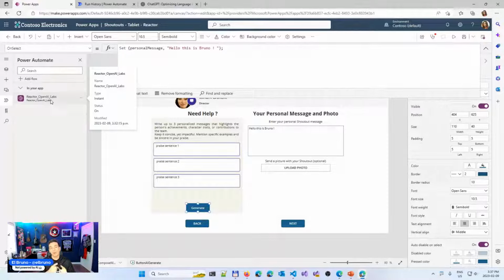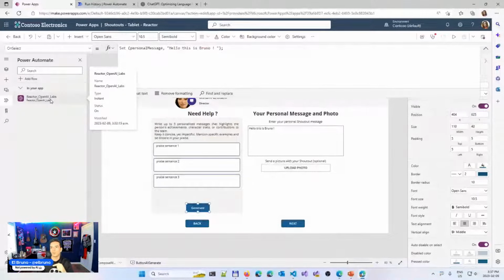If you want to have one flow per application and isolate this, it's the same. I'm going to reuse the same one because at the end, it's the same code that I want to send to the API, and I want to process this. But I am not going to send a full sentence here. What I am going to ask ChatGPT is, hey, create a shoutout, a kudos message for this person. And I'm going to replace this person with the name of the person that we selected, and focus on